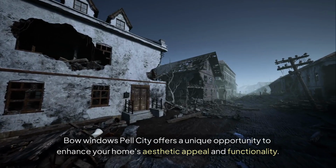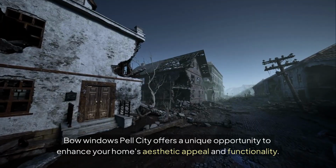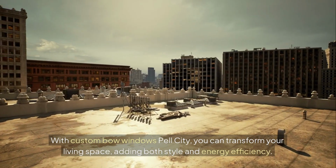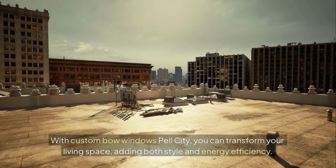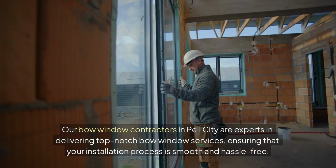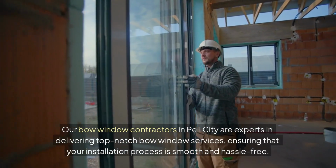Bow windows Pell City offers a unique opportunity to enhance your home's aesthetic appeal and functionality. With custom bow windows Pell City, you can transform your living space, adding both style and energy efficiency. Our bow window contractors in Pell City are experts in delivering top-notch bow window services, ensuring that your installation process